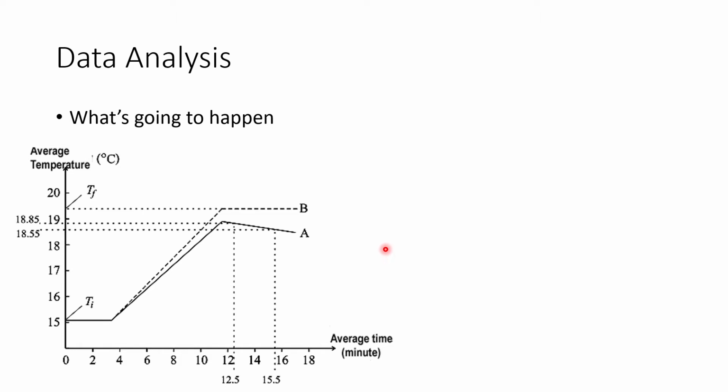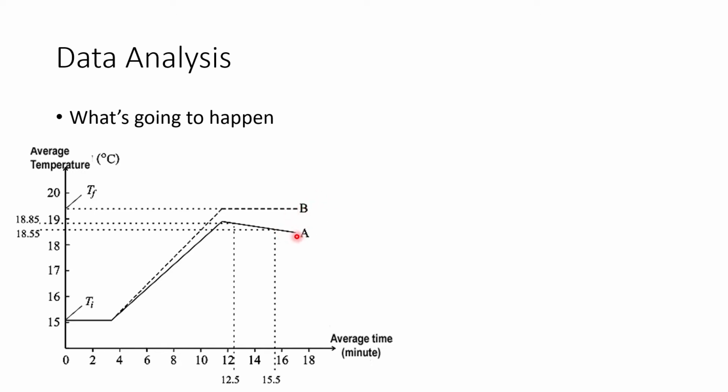So next, you make a plot of the average temperature against the average time. You have already calculated average temperature and average time. So here you would read the initial temperature, and then from graph A is what you're going to get from average temperature versus average time. After you stop spinning, the temperature is going to start reducing. This is the cooling effect. So initially you would have graph A but not graph B. We'll get to graph B in a minute.